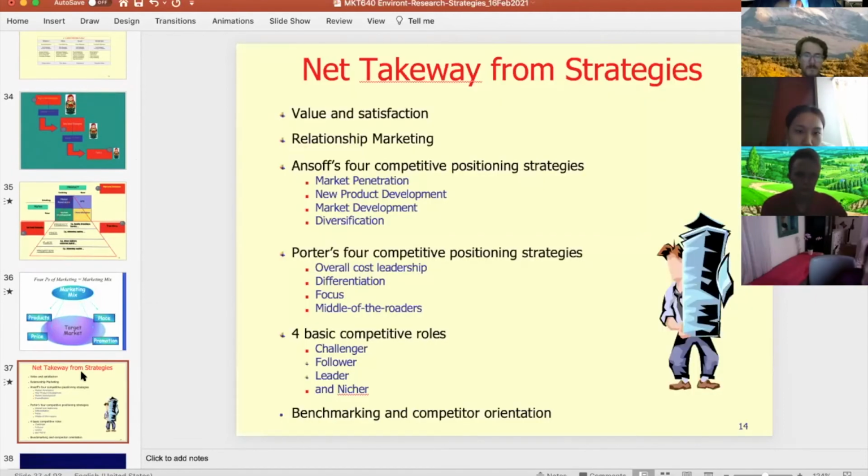All right, so I think I'll go to the net takeaway. The net takeaway so far is you have to understand the concept of satisfaction and the difference between satisfaction and value. Satisfaction is at the moment of consumption versus value is prior to the purchase or while you are purchasing. Relationship marketing is important because it increases repetition, it increases satisfaction, it increases profit, it decreases the need for marketing, and it creates long-term growth for the company.